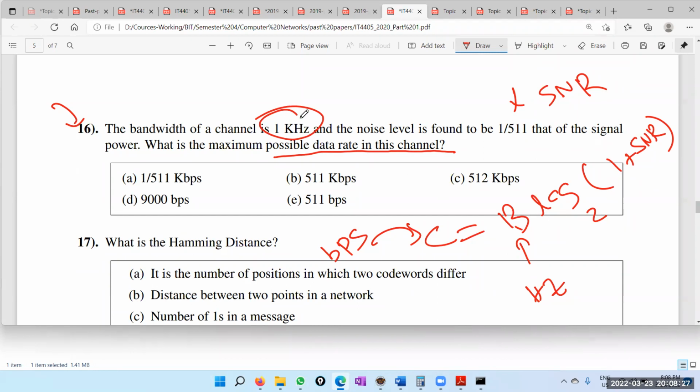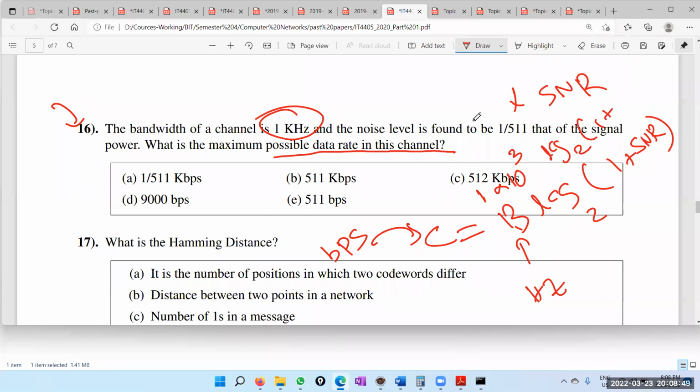Remember, when you are converting hertz to kilohertz, it's not 2 to the power, it is 10 to the power, because this is not a bit-byte concept. Hertz is a normal concept. So therefore, this is 10 to the 1 into kilo. Kilo means 10 to the power 3. Okay, so then log 2